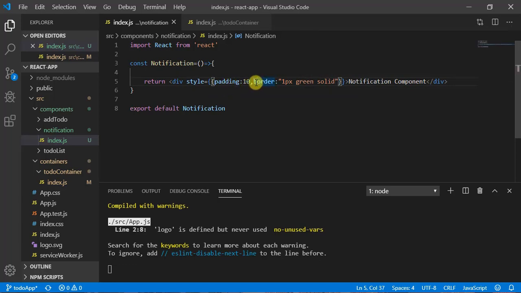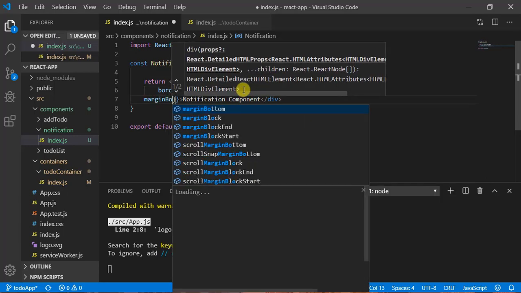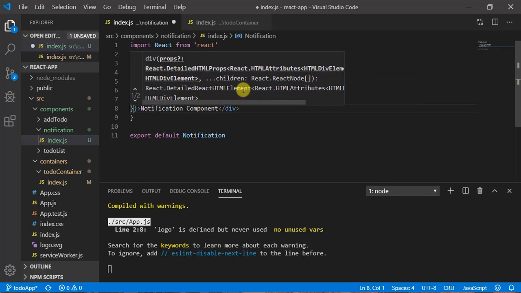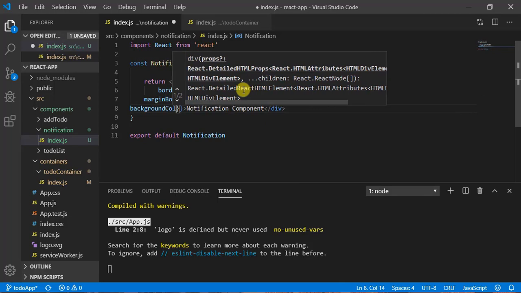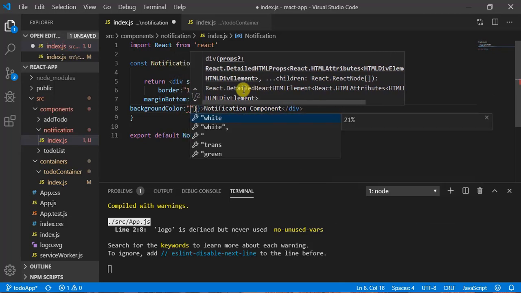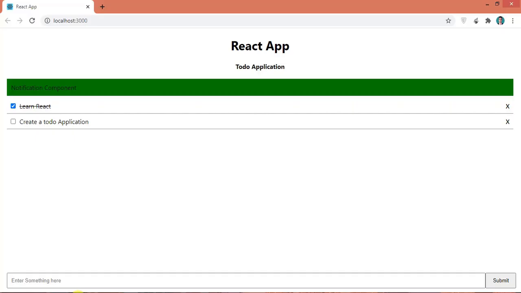Now let's give margin bottom 15, and here call it background color. Let's give it green as of now, going further we will change it. So now let's come here and have a look. It's looking good.